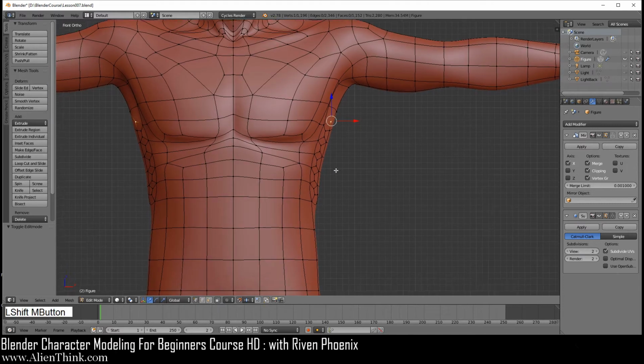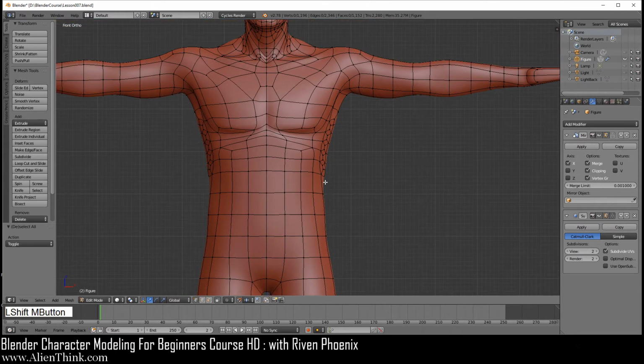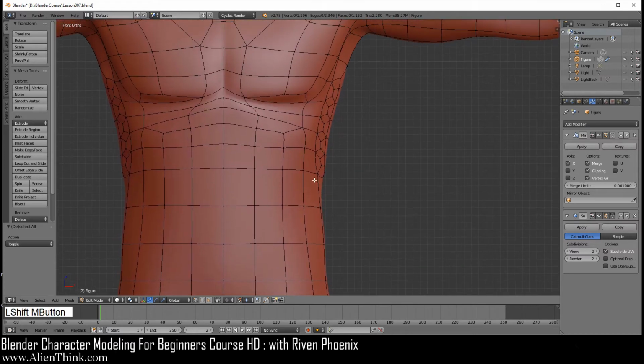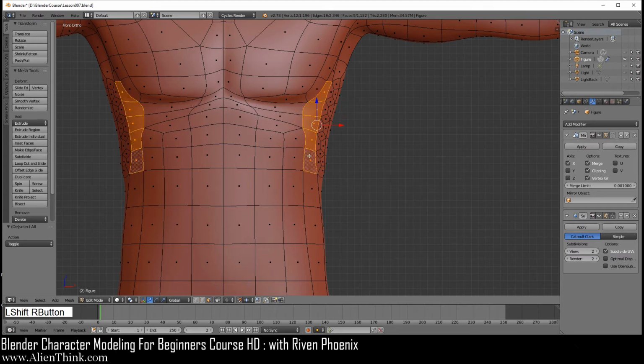Okay, now do tab, A to deselect. We're now going to define this area over here for the love handles, right? Basically, they're part of the obliques, and we'll come back into the abs a little later. So go ahead and select on the face select mode and only select this face. Shift key down, this one, this one, this one, this one, this one.